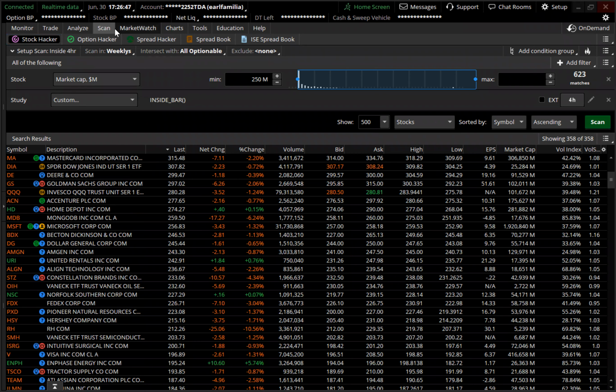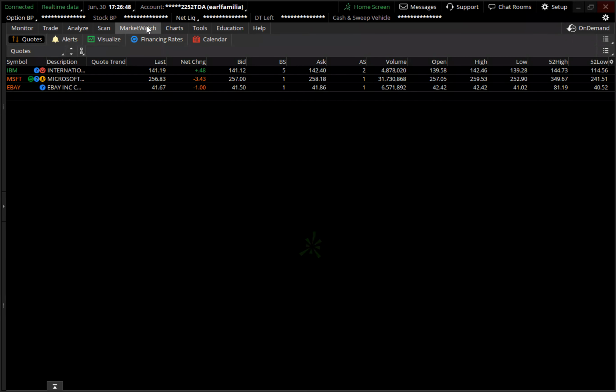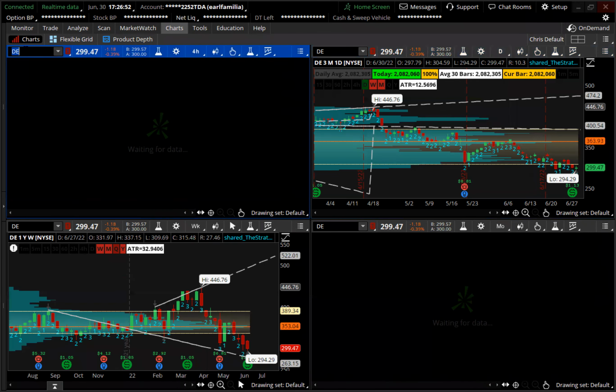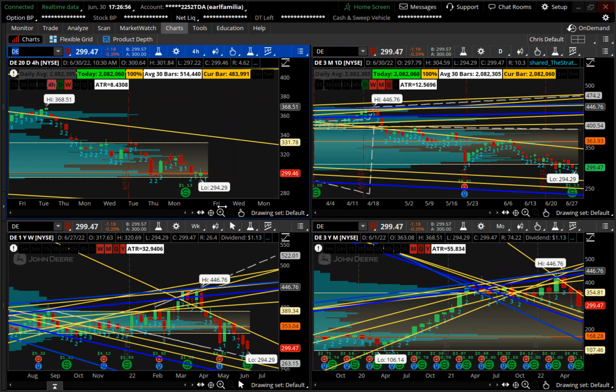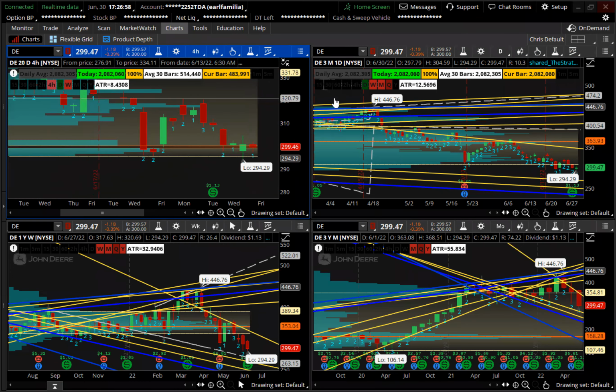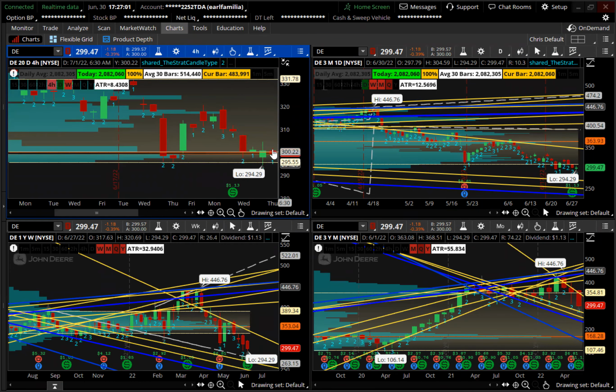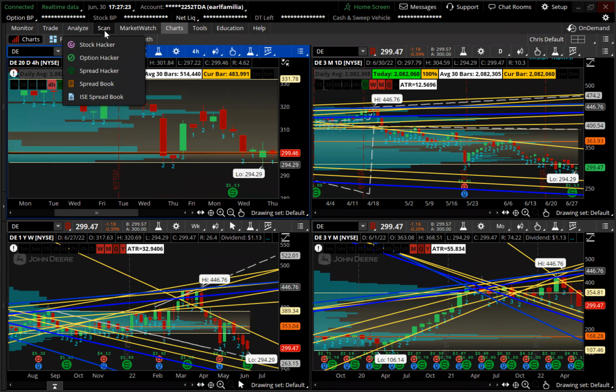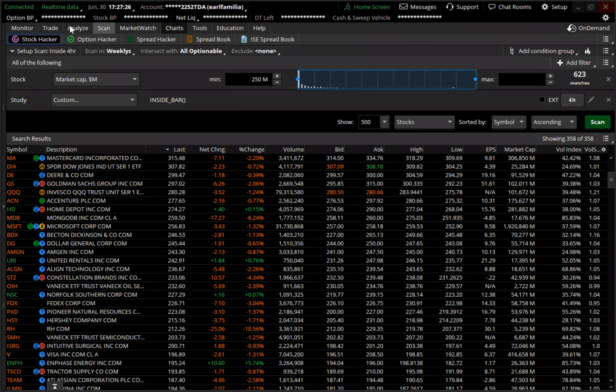Oh shoot. There we go. So we got John Deere. Everything is just chopped up today. A lot of inside candles. Again, more choppiness. We got continuity to the downside mainly, except for on the day. So I would look for this one to continue to the downside. So maybe look for this setup, this 312 below 297.22 would be an area that I'll be looking at on DE, John Deere. Might have to add a couple more broadening formations. It's been a little minute since I've drawn some on that one.